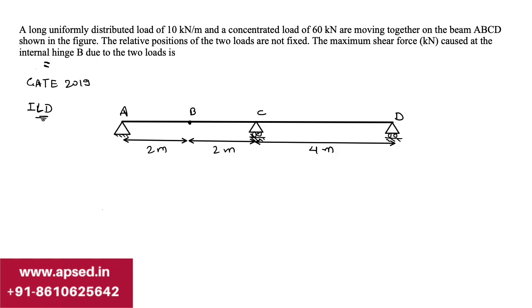So what is an influence line diagram if we say? We know for a given beam, one thing initially what we learn is to find out the reactions or moment or shear force at any given point. So let's say this beam is there, that is AB. Now on this beam there will be some load. So this is how normally beams will be. There will be some UDL, there will be some point loads.